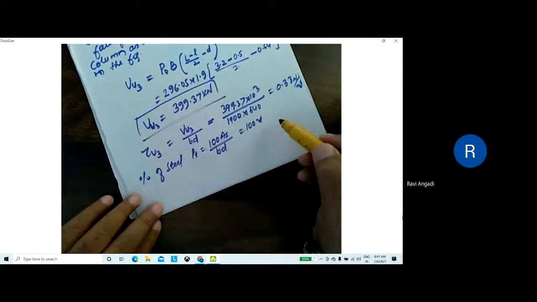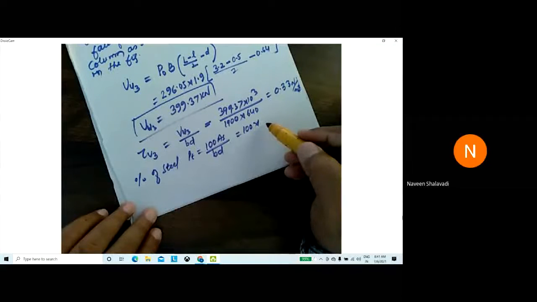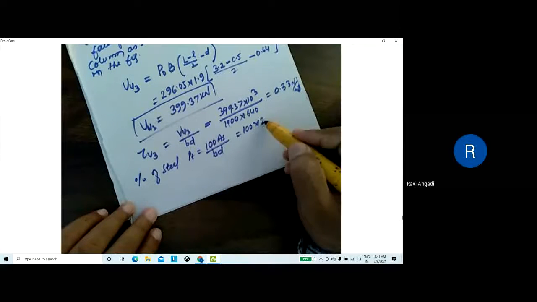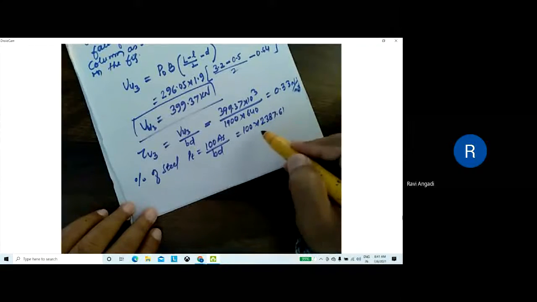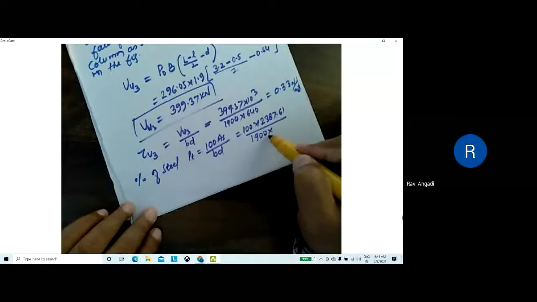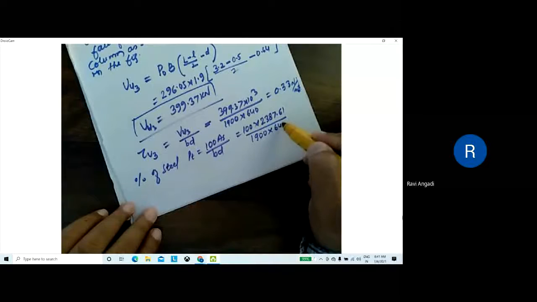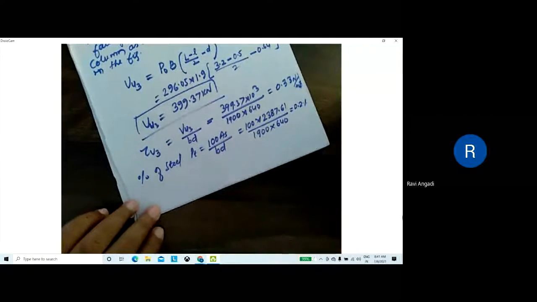How much was provided? Actual AST is 2387.61. Correct? Divided by 1900 into 640. So what percentage are you getting here? 0.2. Check this one. Is it correct?